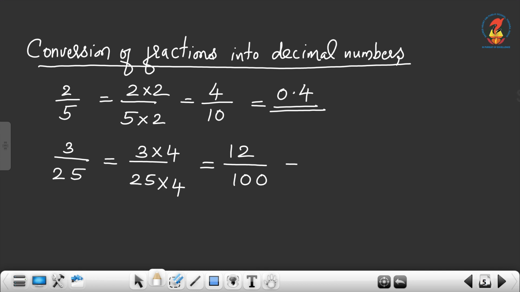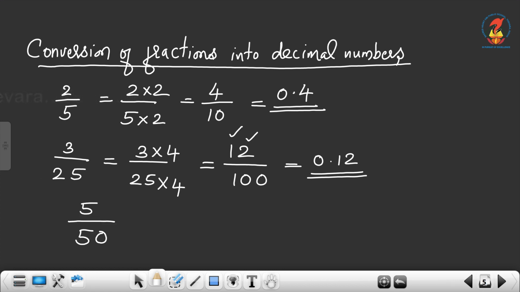Then we know how to write down the decimal in a decimal form. Number of zeros in the denominator is 2. So you have to count the same number of digits in the numerator also. That means 2 digits you have to count it starting from the unit digit 1, 2. Then after that you have to move those 2 digits to the right and put the decimal point, then 0.12.